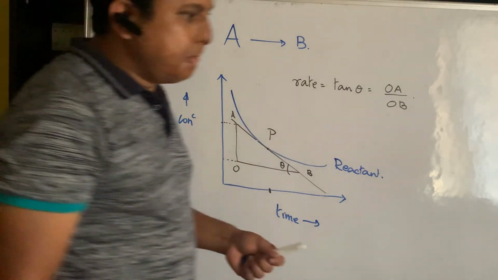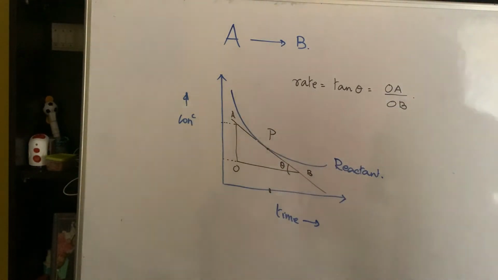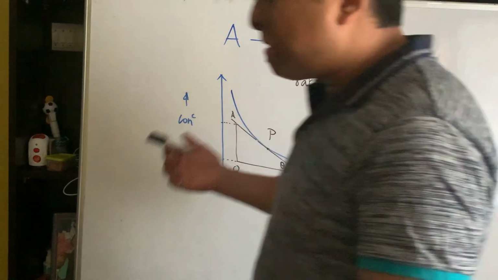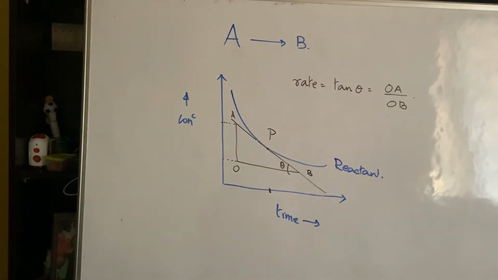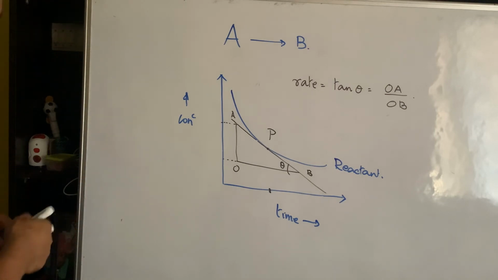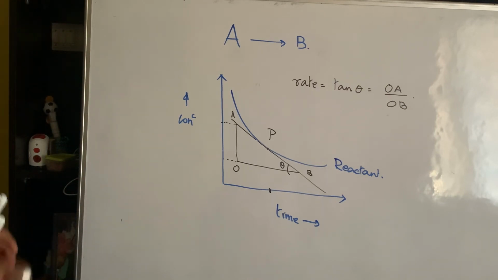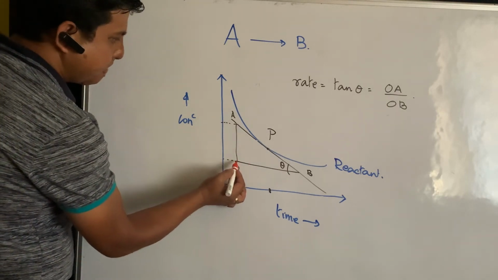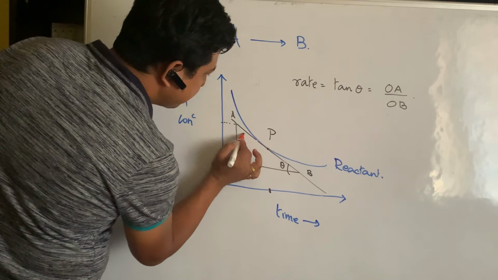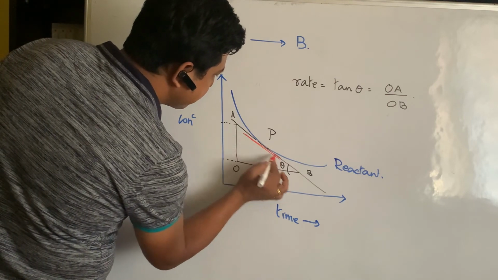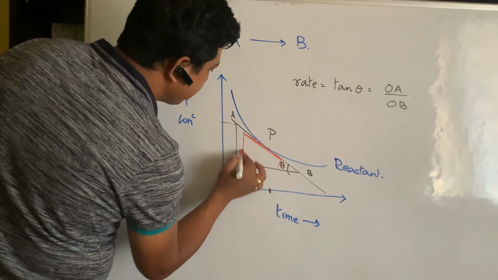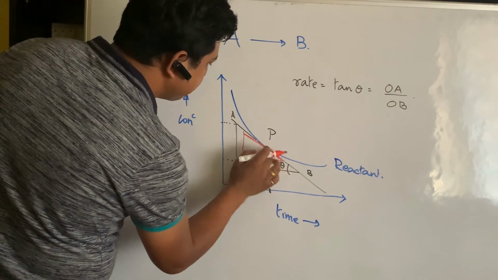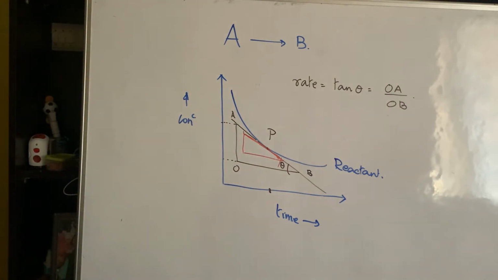Now, yes, there is a simple confusion among the students. You might ask me, sir, how do we draw a triangle? Now see, I'll just clear this concept. It does not matter. What matters is this theta. Here I have drawn OA, this, OB, this. Now if I draw a small triangle instead, but again it is passing through the same point P, I am drawing a small triangle.